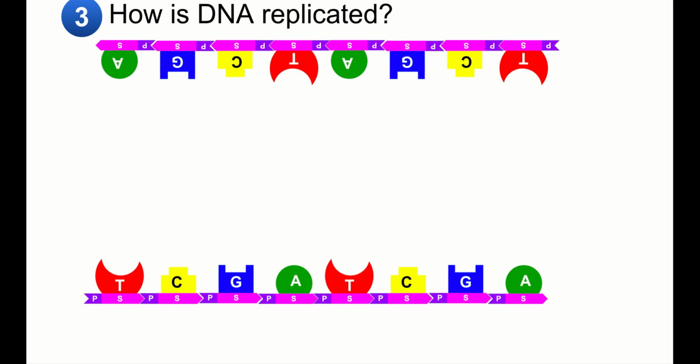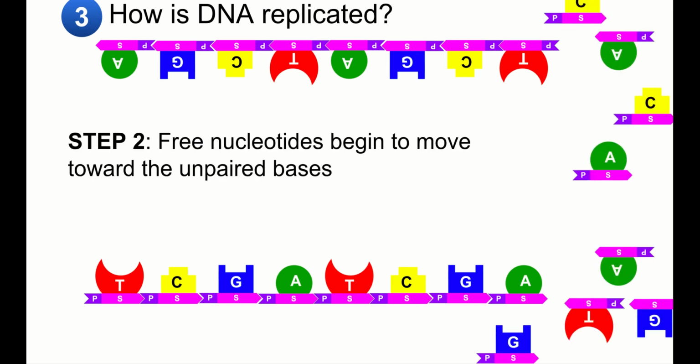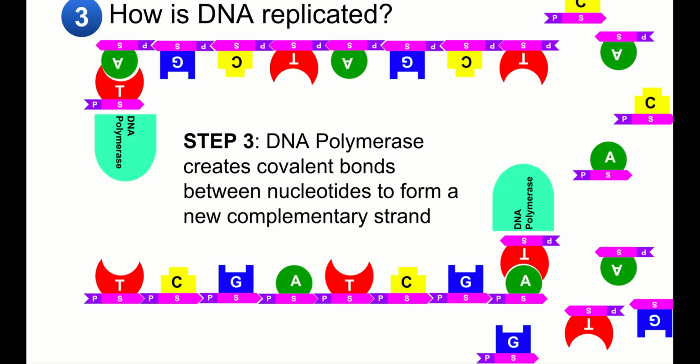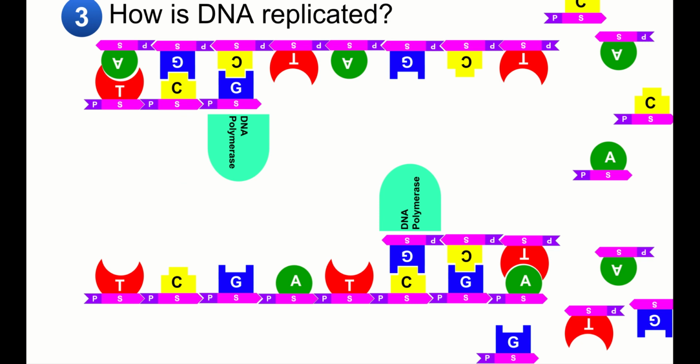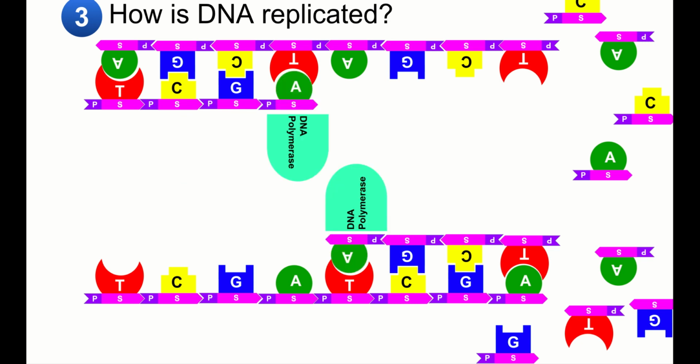You can easily pull them apart, and helicase does that. Step 2. Once the two strands are separated, free nucleotides that are floating around the cell start to move toward the unpaired bases on the exposed strands. Step 3, another enzyme called DNA polymerase will use complementary base pairing rules to attach the free nucleotides as a